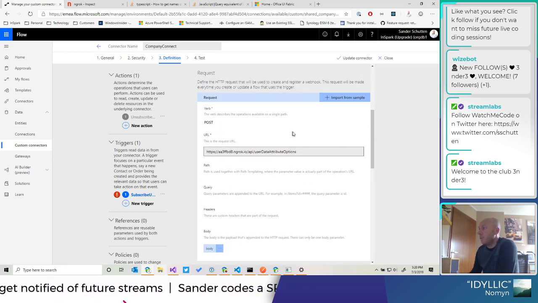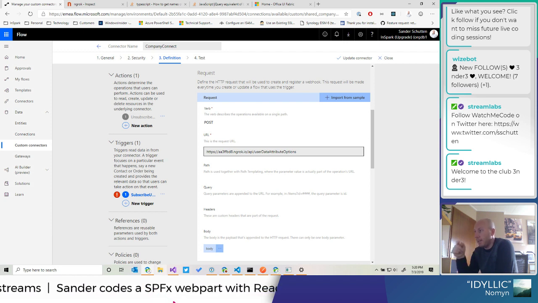So I've updated this request, and this request will be fired by the trigger when you save your flow, and it will do a call to my API to ask for a webhook registration.